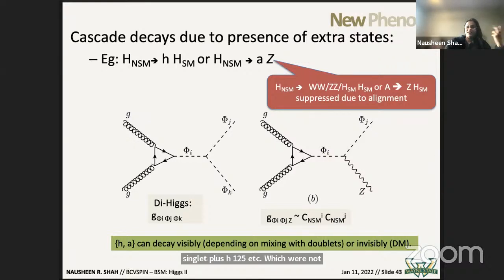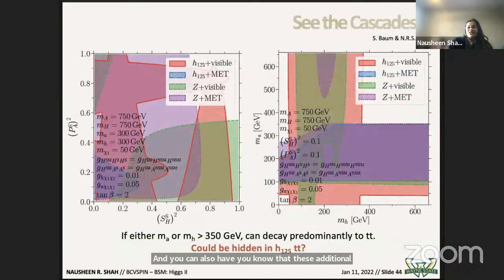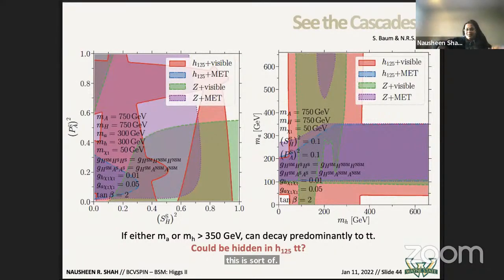And that can give you an additional handle on trying to study these kind of complicated models. And you can also have that these additional things may or may not decay invisibly. So the picture is not hopeless, is my point here, even with a complication such as this,